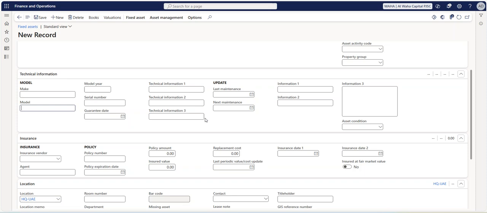Like for example, they may have the dimensions, you may have color, you may have any variant, so you can update those technical information 1 2 3. Okay, and we have information 1 2 3, so you can update the same information over here. So it's an additional option to give the information of that particular fixed asset. Okay,